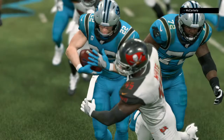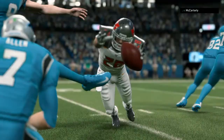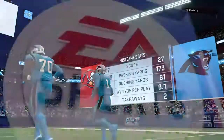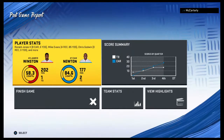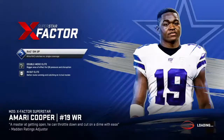Everyone wants to pitch a shutout for the entire game, but when you throw one in the 4th quarter, that tells everyone that you're getting stronger and dominance is starting to take over, right? The way that you close, the way that you finish, that gets preached to you from the time you're playing Little League football all the way up through. And they closed them out with a big-time performance down the stretch. So for the Panthers,